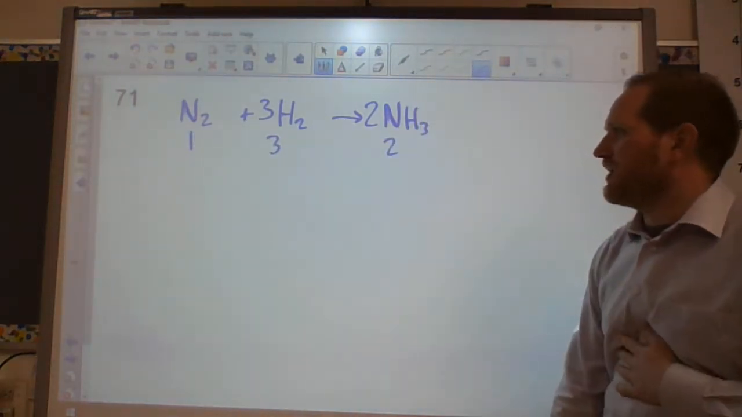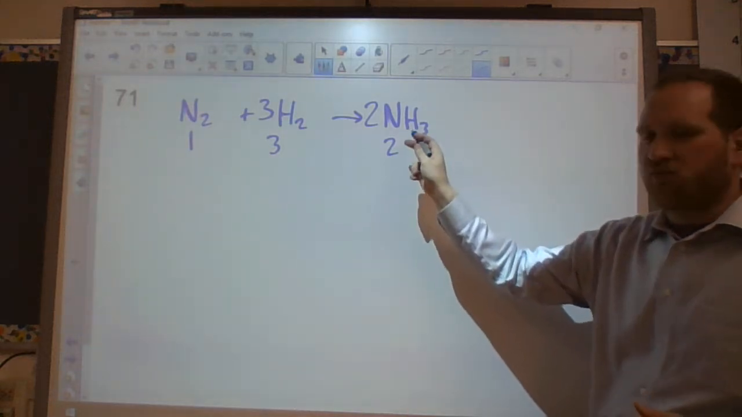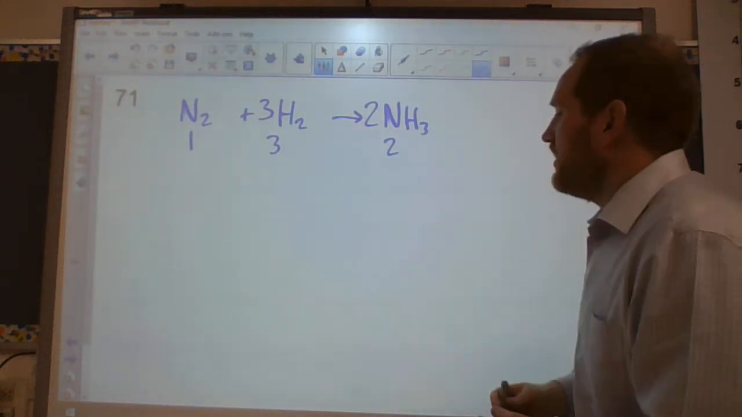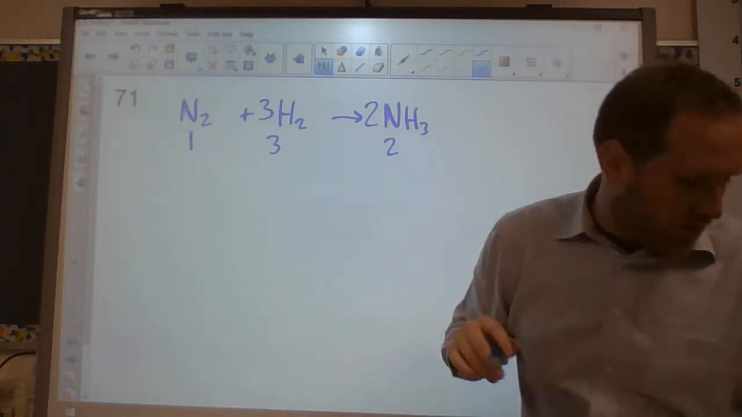This is called the Haber process. It's a way that nitrogen was fixed from the air to turn into a usable product. They use this to make fertilizer. They also use it to make explosives. So it's kind of the best of both worlds. Anyway, the problem says